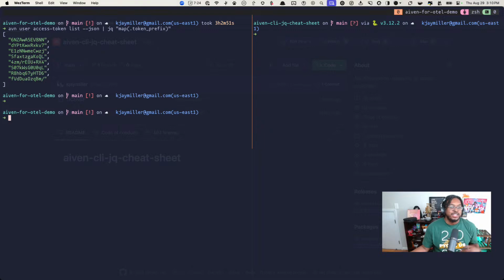So the goal is that we create a cheat sheet that makes it easy for people to go in and find the exact thing that they're looking for based on some list. We're going to give them the Ivan CLI command, and then we're going to give them